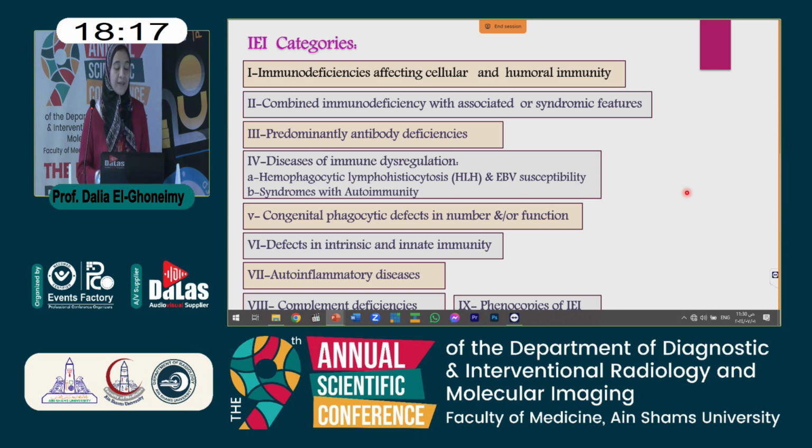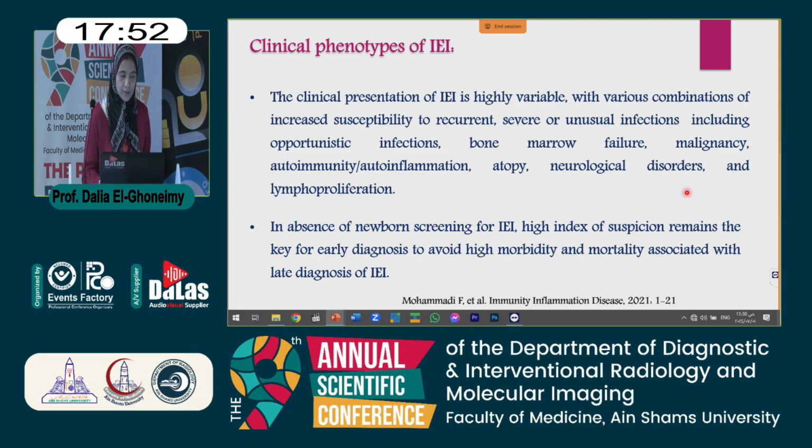or both, defects in intrinsic and innate immunity, autoinflammatory disease, which is mainly characterized by systemic inflammation rather than increased susceptibility to infection, complement deficiencies, and lastly, phenocopies of IEI. Phenocopies of IEIs means they are either acquired disorders mimicking inborn error of immunity or somatic mutation, not germline mutation. So coming to the clinical phenotypes, the clinical presentation is highly variable, and they are usually various combinations